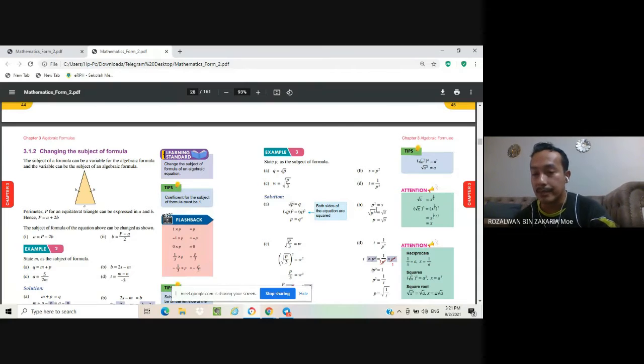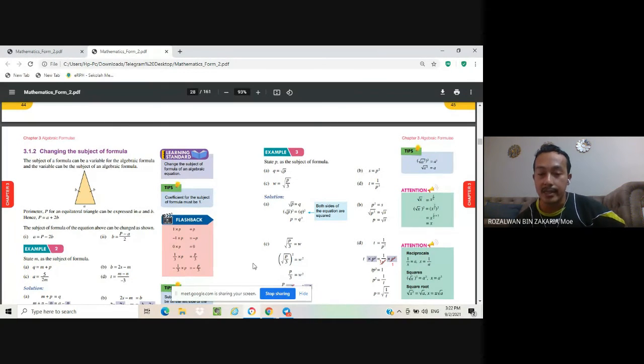Okay, so for B, look at this B. We have S equal to P power of 2 or P square. Alright. So how to do? How to make P become the subject? So write P square equal to S. So this square, how to make it become power of 1 only? That means we need to put square root of P square. Square root of P square equal to, when you put this square root on your left side, your right side also you need to put square root. So right here square root S. So here will become P equal to square root of S.